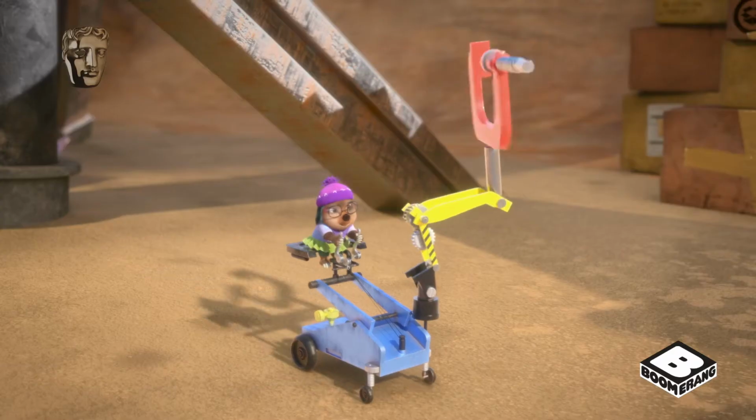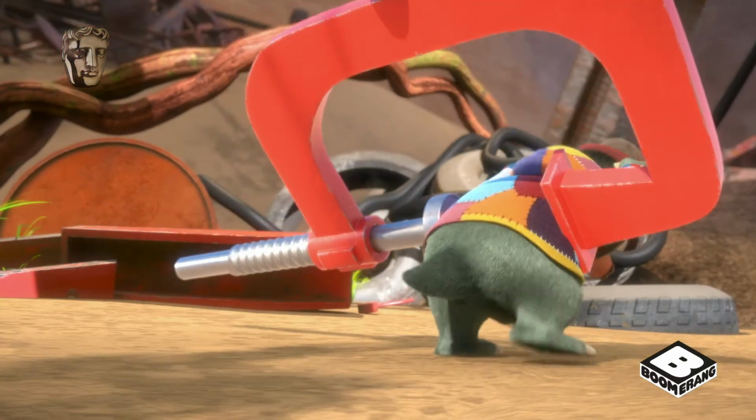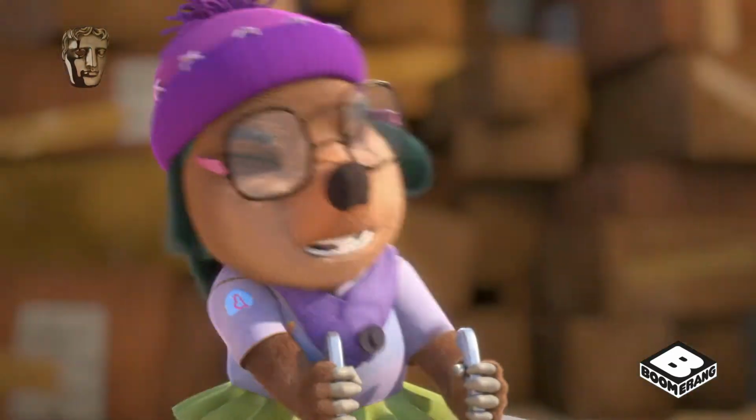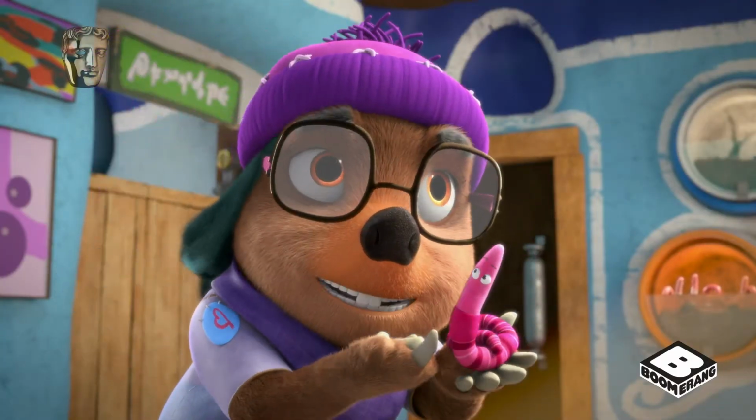Hi BAFTA, my name is Jessica Henwick, and I voiced Dottie. This is awesome! Dottie is Moley's best friend. She is 100% heart. She feels before she thinks, before she acts, and it's constantly getting her into trouble. She feels very, very passionately about many, many things. She's a vegan. She thinks that worms are friends, not food. And she loves recycling. She's all about helping the community and just being a good, upstanding citizen.